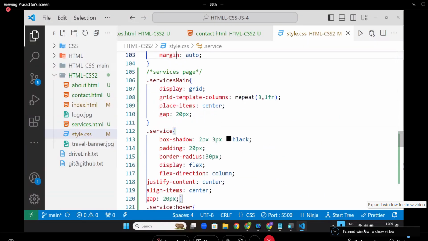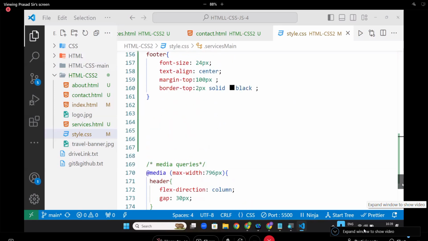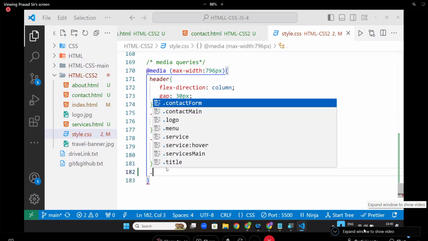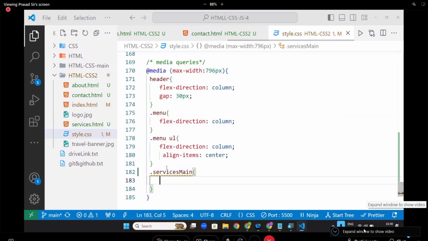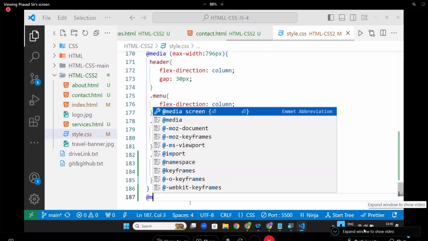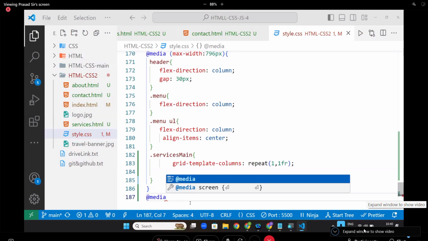Because you said it here, service main is grid template columns of 3. So now I will go here. I will say max width 796 pixel. I will say service main grid template columns 1 comma 1fr. If someone said it until media devices, until the media max width